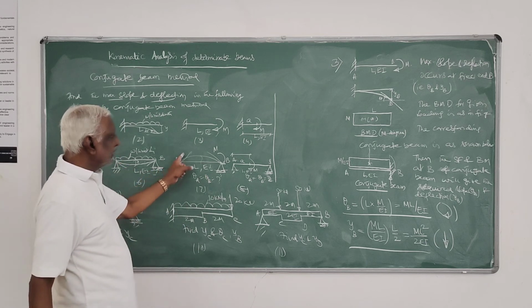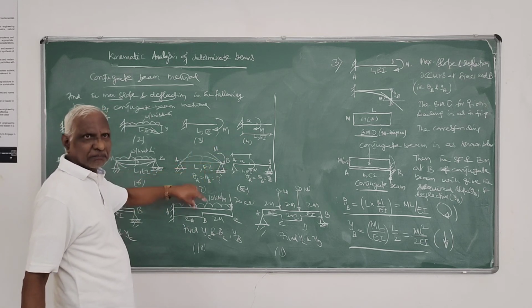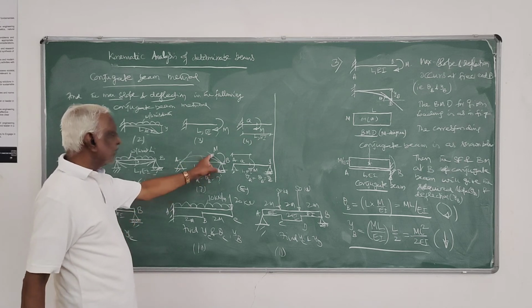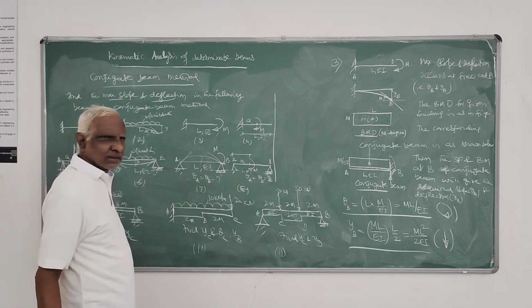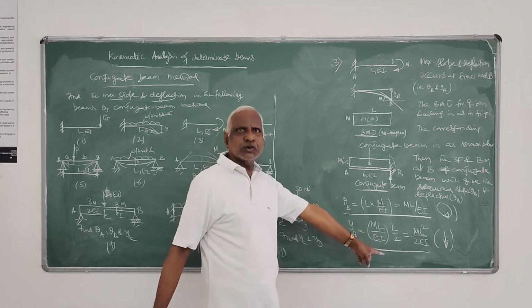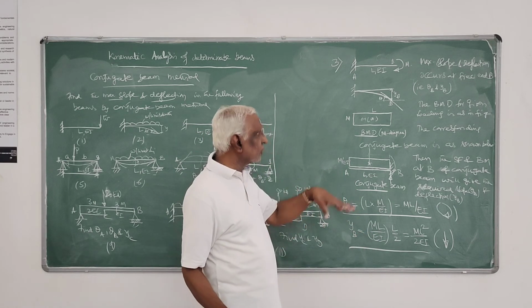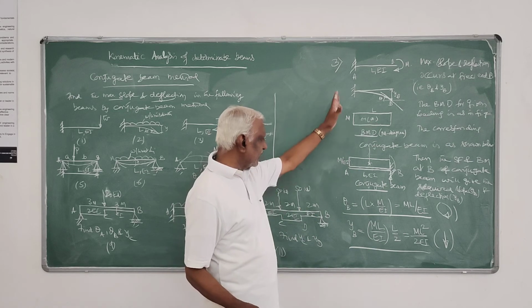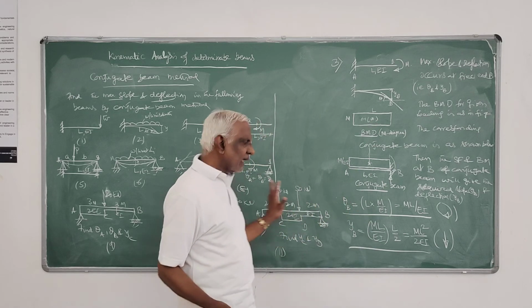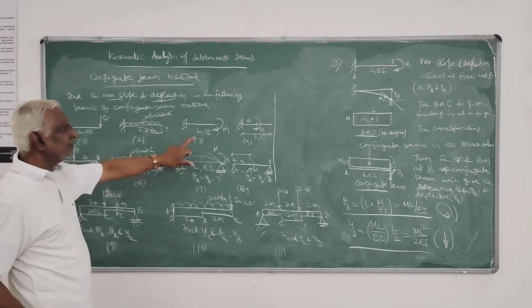Here it is down, here it is up. I have taken clockwise movement. Yes. Up. So here it will be clockwise, that you have to say. So that direction at the end, you show it. So these are the steps you have to follow in conjugate beam. It's a very simple process. Likewise, these two you can finish.